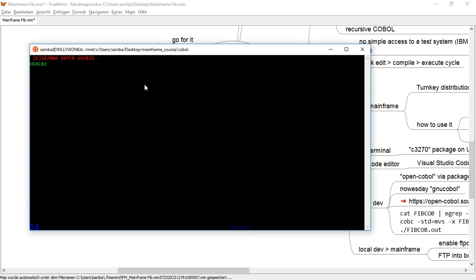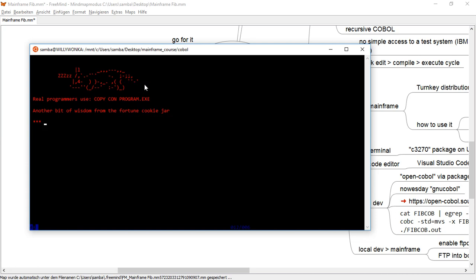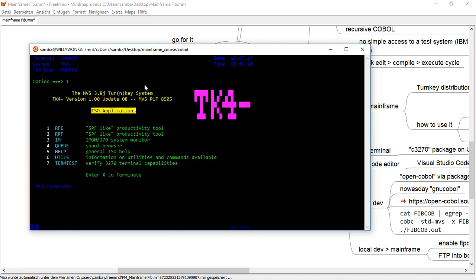Herc02. All those users come predefined with the Turnkey distribution, so you don't have to worry about that, and you can read it in the Turnkey 4 manual. Password is see you later. And this particular part of the message of the day really reminds me of my old university days. And here we go. So now we're inside the main menu of this mainframe operating system from the early 80s,